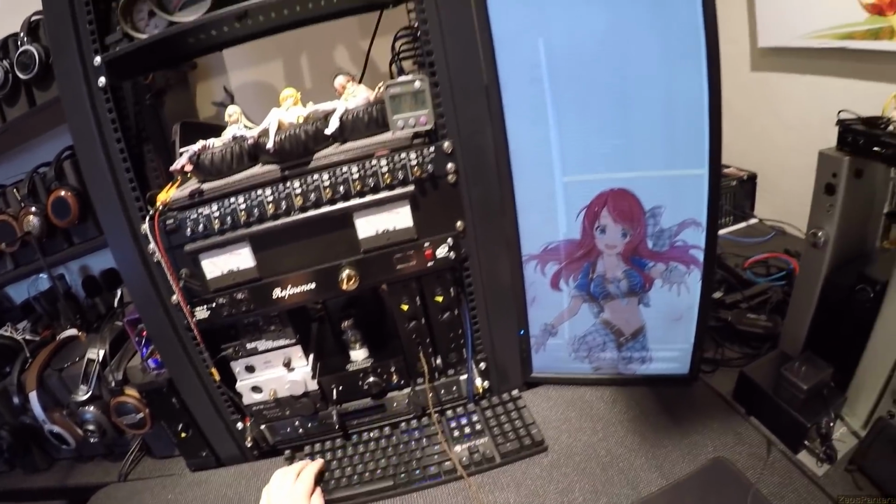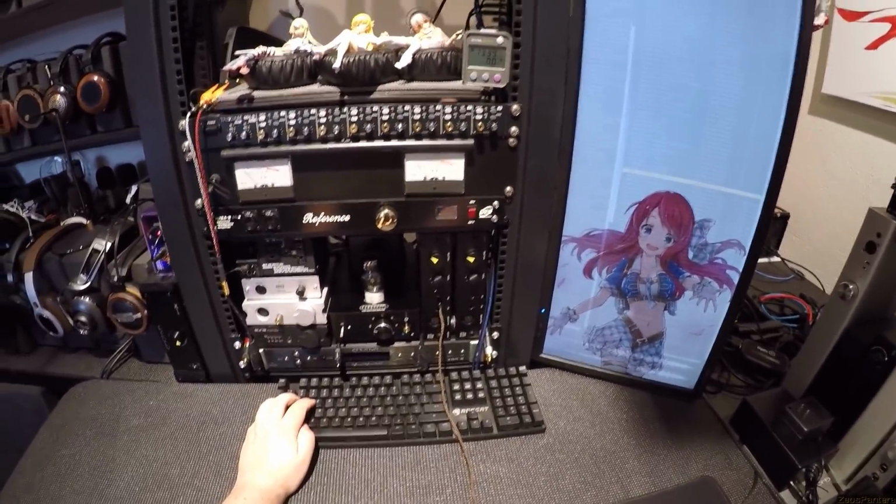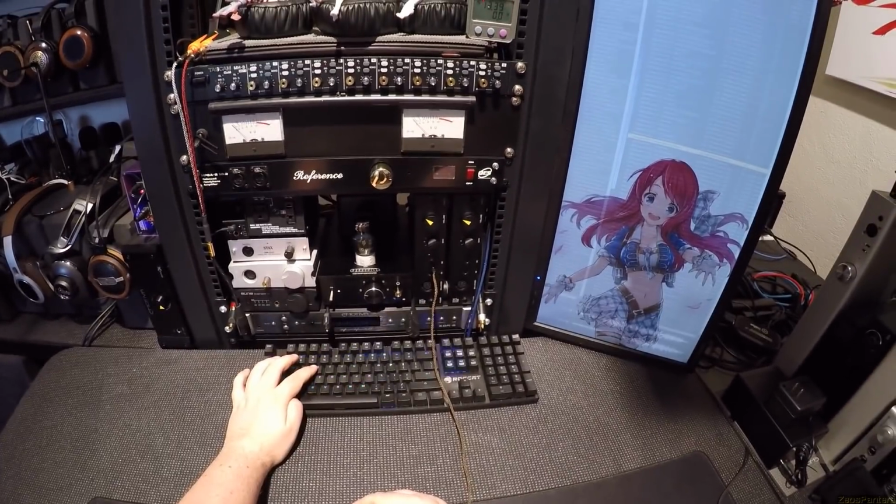They did the GTR. I didn't really like the GTR headphone they made. I do like these. And I think if you have a chance to own them...